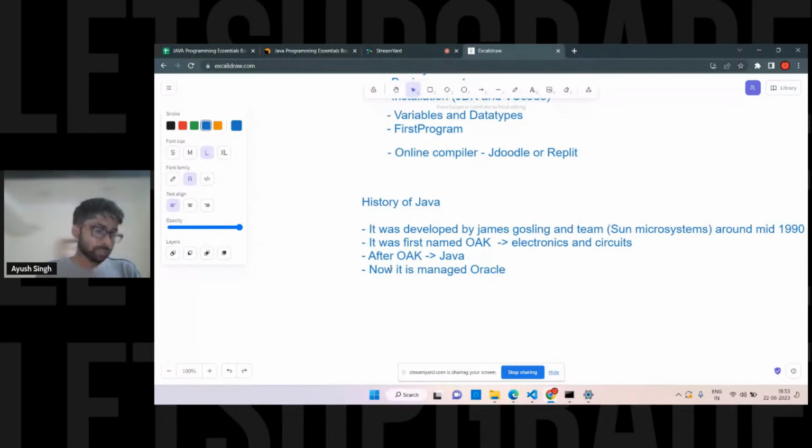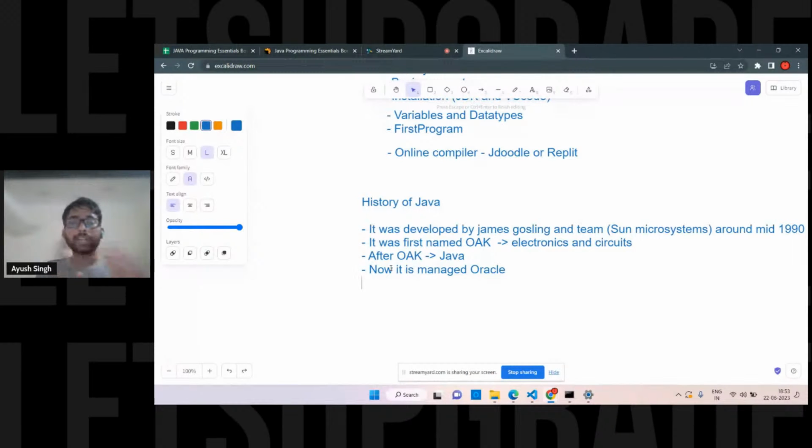So OOPs is one of the features. Any other feature? Can you guys tell me in the chat box? Multi-threaded, exactly. Okay, so you're getting in depth. We don't have to go inside the multi-threading part right now, but yes, it's a multi-threaded language. It supports object-oriented, that's totally correct. Any other feature? Simple and secure, that's totally correct. Secure is also the case with Java. Exactly, Mary, that's totally correct, and Aryan too. That's what I wanted to see. It's open source as well, and at the same time, it's platform independent, right?